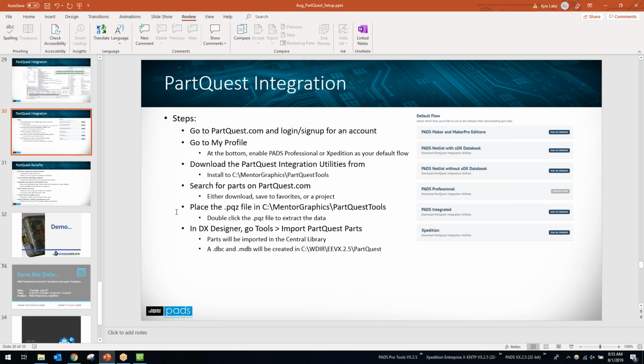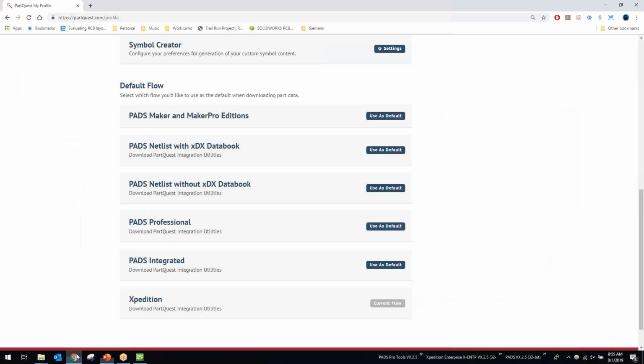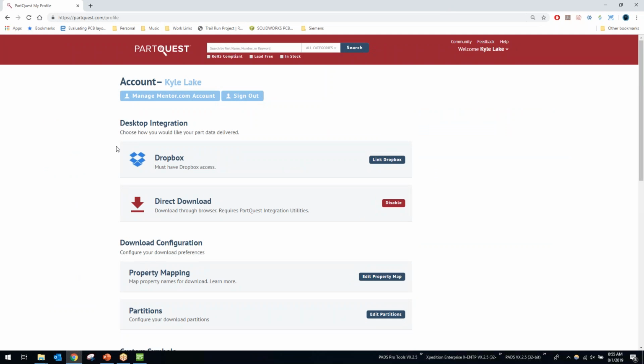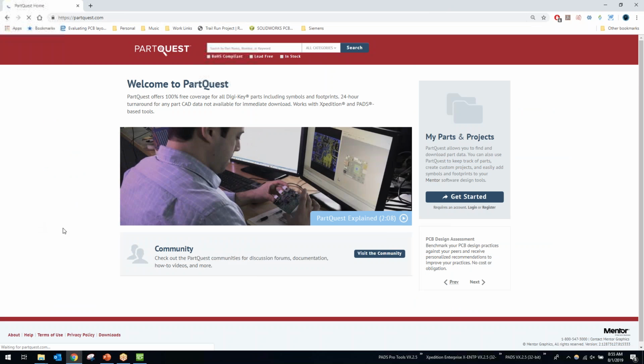Referencing our steps again, I'm going to download the PartQuest integration utilities from PartQuest. To find that, I'm just going to go back to partquest.com. And to find those PartQuest integration utilities, in the bottom left-hand side, I see the downloads section. If I click on downloads,